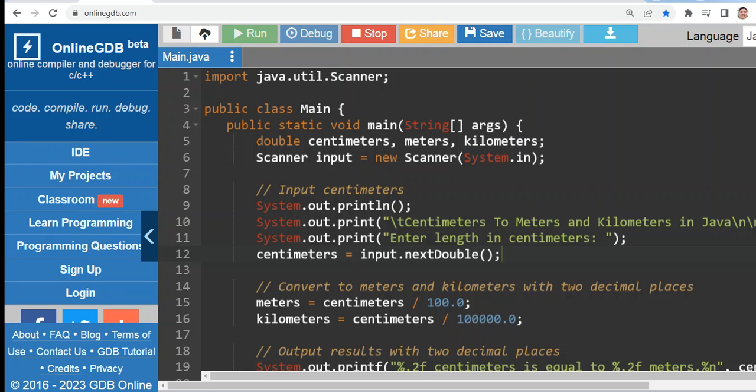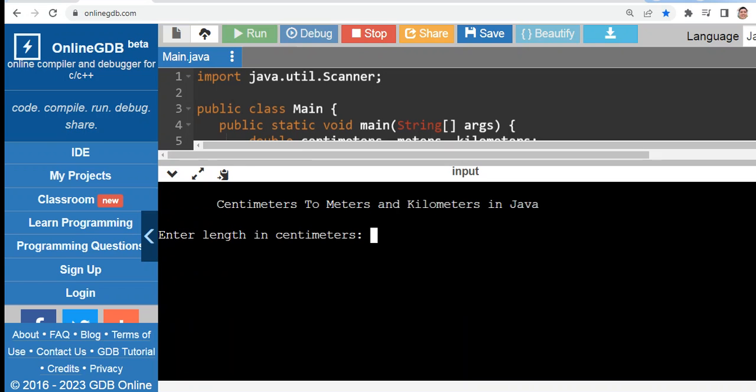Let us go with our online GDB to run the code. Let's wait. Okay, our program is running, centimeters to meters and kilometers in Java. Enter length in centimeters. Let's say we have 8,000